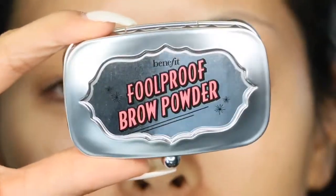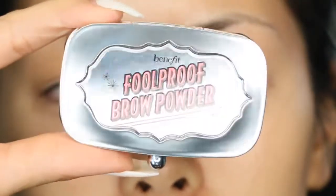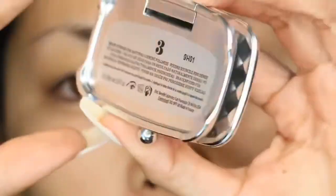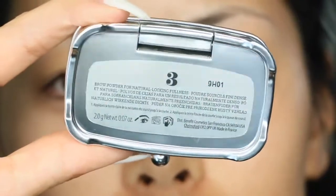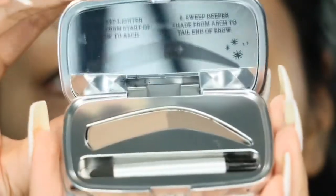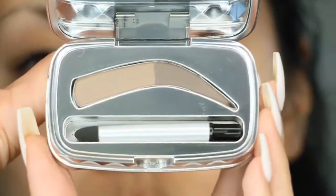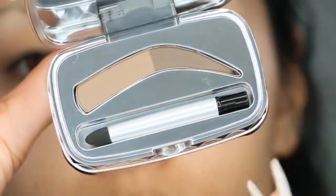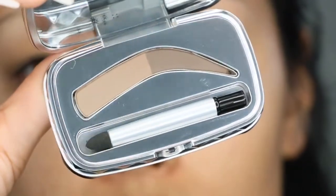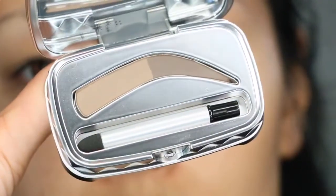In today's video, I'm doing a close-up, natural, updated brow tutorial, and it is going to be featuring some Benefit Cosmetics brow products. First, starting off with the Foolproof Brow Powder, and this one is in the shade 03 Medium. There are 3 shades to choose from: light, medium, and deep. And it retails for $24 for